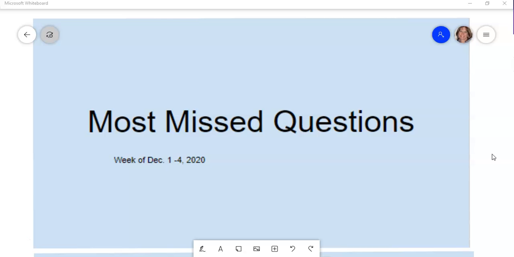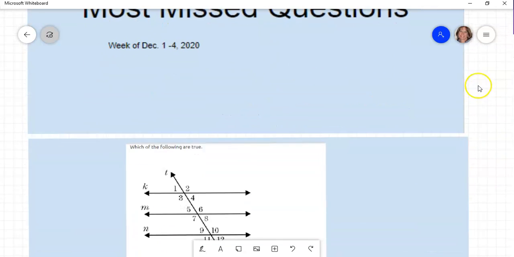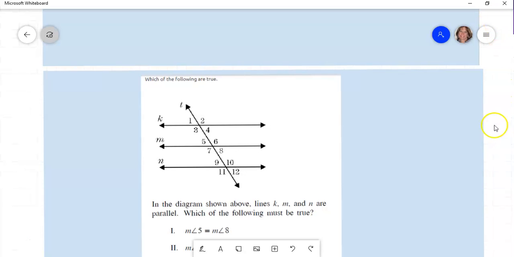I would like to go over our most missed questions from a couple of our quizzes this week. We are preparing for our final exam. Again, remember our final exam is going to be offered on December 8th, and you really want to be prepped and prepared for that. All right, so let's take a look at the first most missed question, and that is